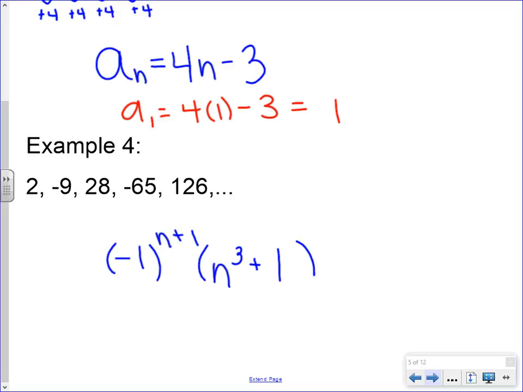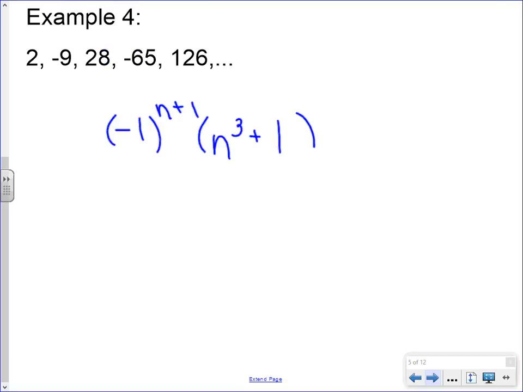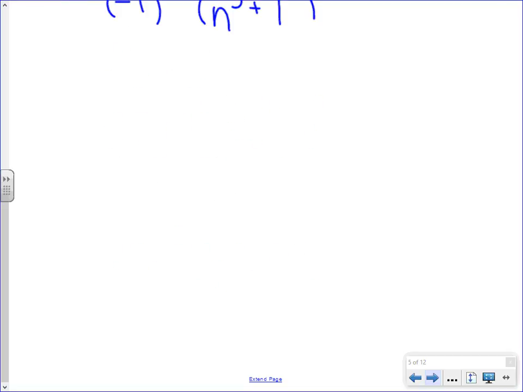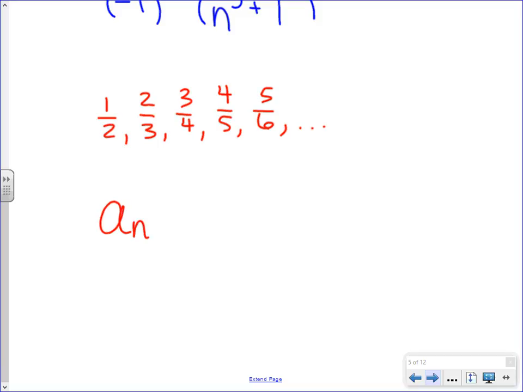All of those numbers are 1 away from perfect cubes, so n cubed plus 1. There it is. Okay? Now, this is probably one of the more difficult ones. If I were to give you something like this,